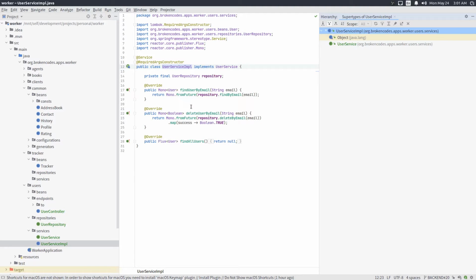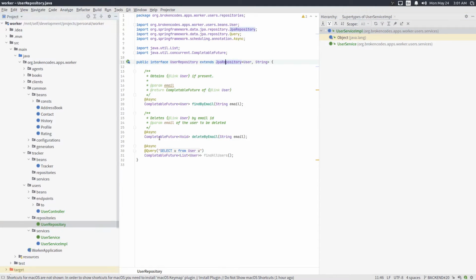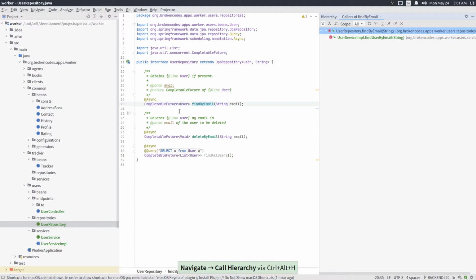Now what Control Alt H does is it gives you the call hierarchy. So say for example my method, okay, let me go to the repository. Now if I want to say where is this method being called from, the hierarchy in which this method is being called from, I can press Control Alt H and it gives me the whole method hierarchy.